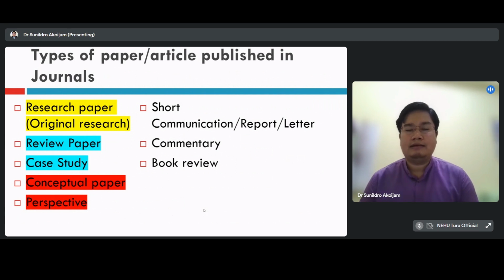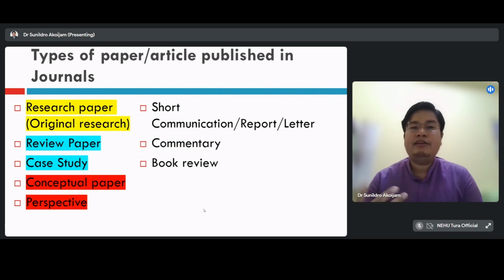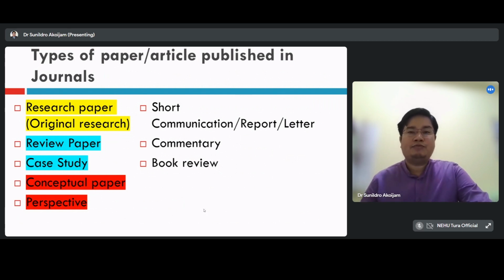we all have encountered the COVID era, the COVID phase, for two to three years. There are so many articles that were published in journals. They talk a lot about the vaccine, the causes, the diagnosis, or the ways to overcome it. So maybe you can come out with a perspective article referring to one of the widely published articles related to COVID. In that line, you are putting forward your different perspective. That kind of perspective that you put in the form of a paper is what we call the perspective article.